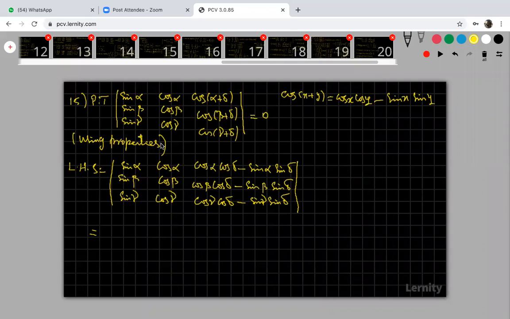Now look at that. This is my C1, this is my C2, this is C3. Look at that. My C3 has a sum of two terms. In C3, all the elements are in the form of a sum of two terms. Now I am going to apply property number 5. What is property number 5? If the determinant in any one row or any one column of